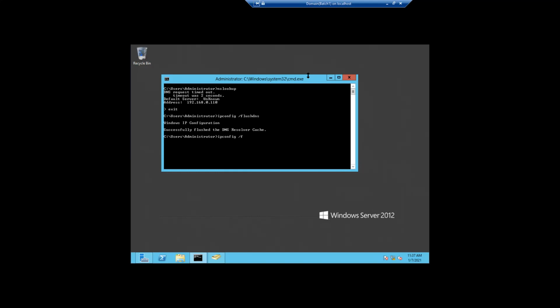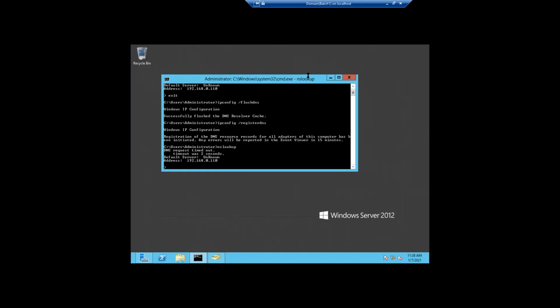Now again I will register it. After that we will try whether it is getting resolved or not. If it is still not happening, then we'll see the next step. Okay. So it is telling me that registration of the DNS resource records for all adapters of the computer has been initiated. Any errors will be reported. So it is already initiated. So we can check by pressing the up arrow key, which will prompt the old commands as well.